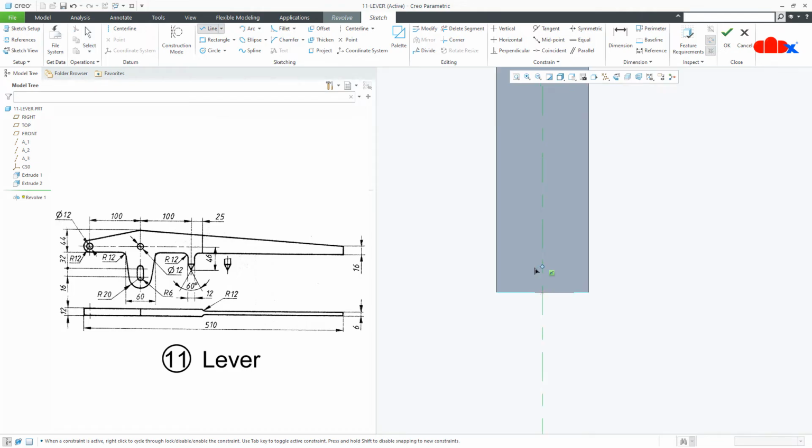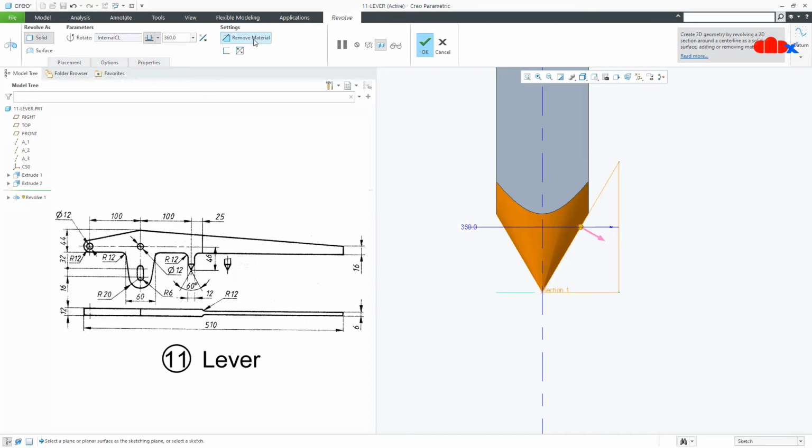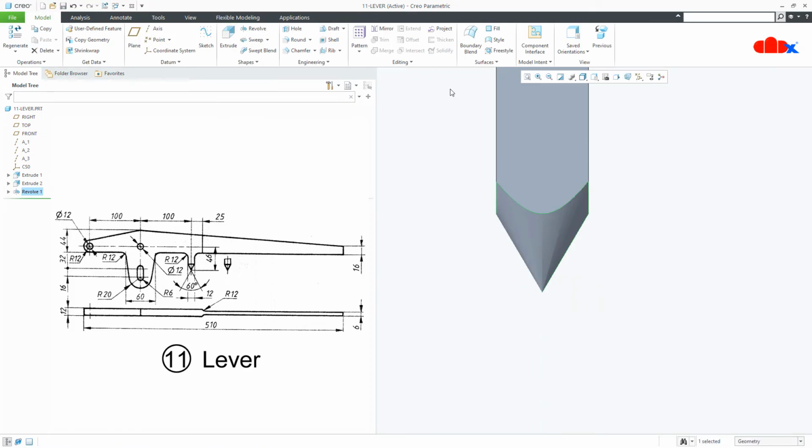Now draw the sketch. So start like this, come down and close this. So this is 60 degree and this I will take as 20. Now I will say OK. Go for remove material and say OK.